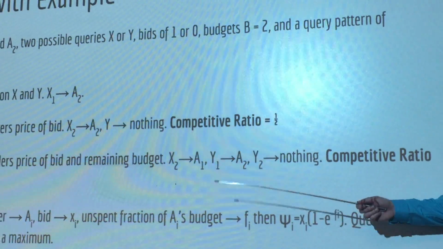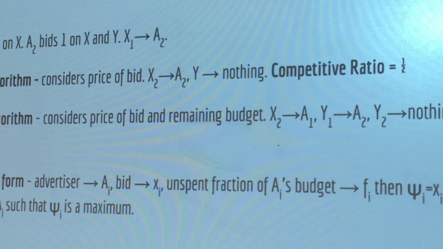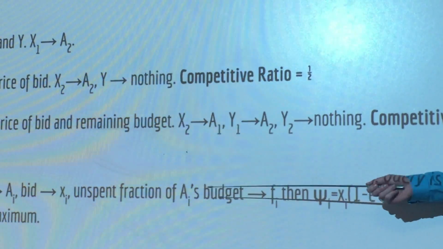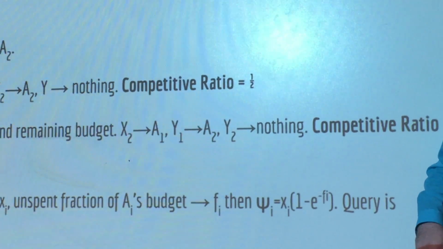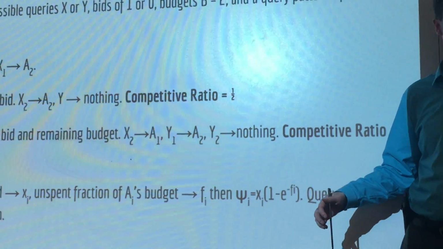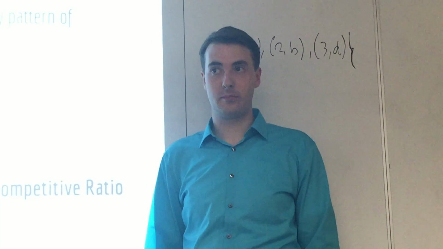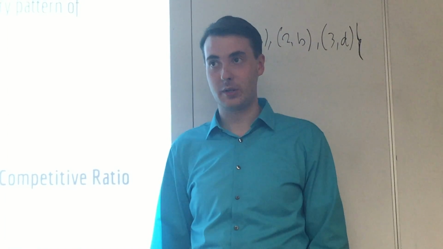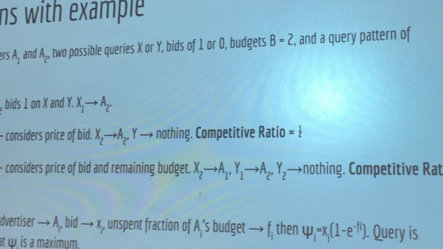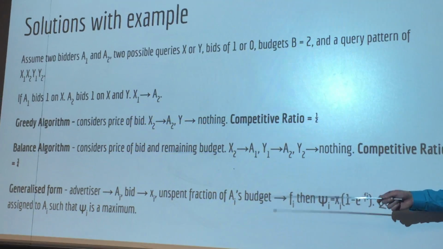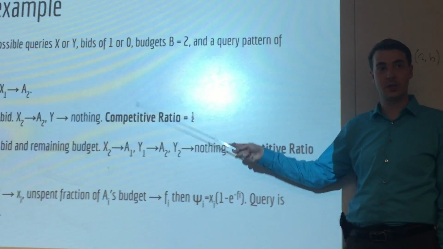Now they fix that on the balanced algorithm by taking the company's remaining budget into account. When you take the remaining budget into account, you will flip to the company that has the greatest budget left. You don't just order it by the amount bid or randomly select one like the previous one does. So in the same situation, the competitive ratio is 3/4 because while the first iteration of X still goes to company A,